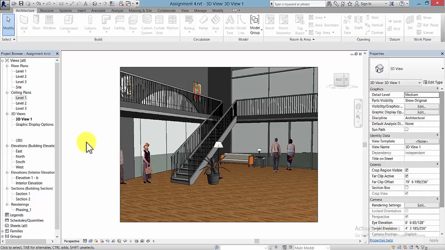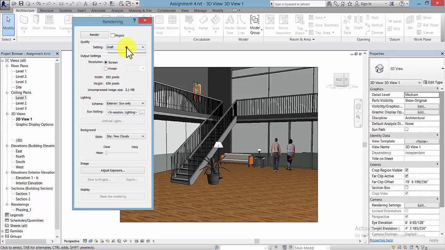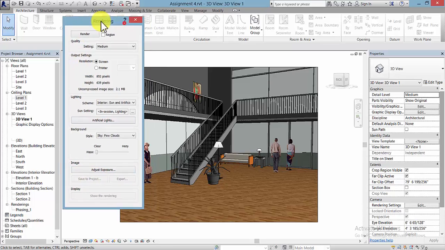So let's go ahead and render this view. We can use the render little teapot icon, and I'll change the setting to medium, and instead of using exterior sun only, we'll use interior sun and artificial. What I'd like to do that's a little different is we can establish an image that